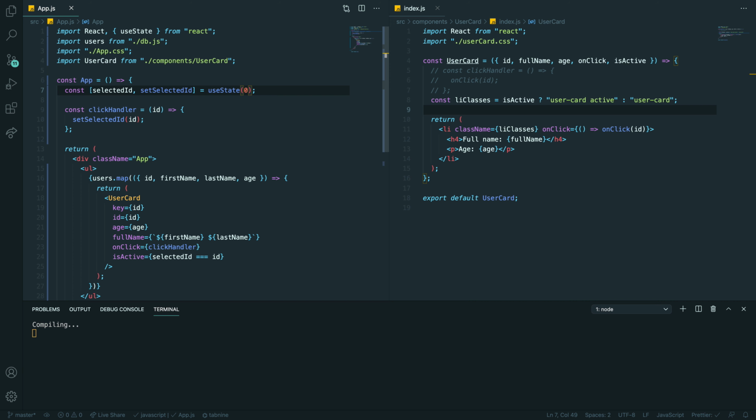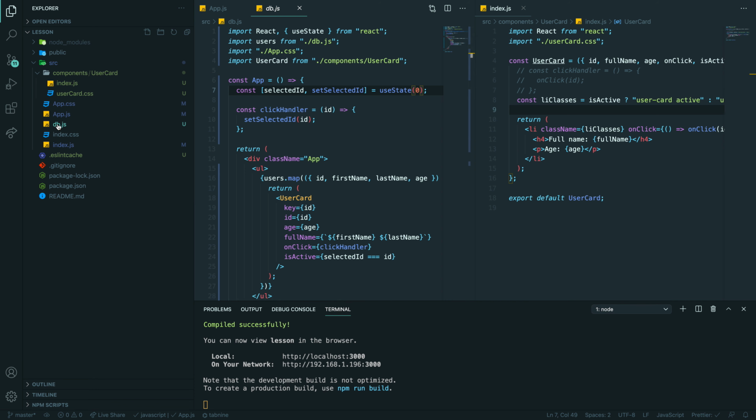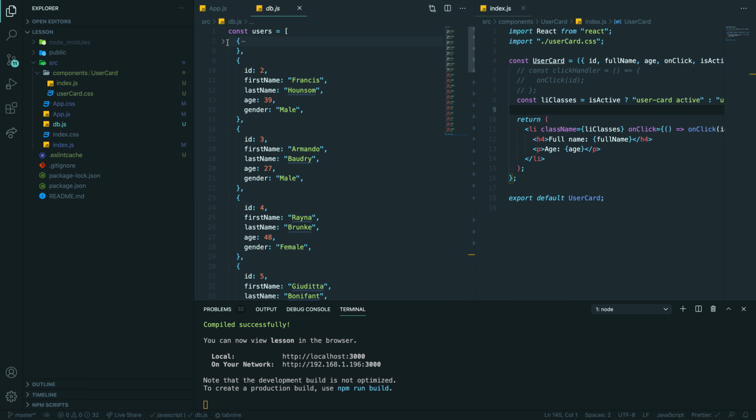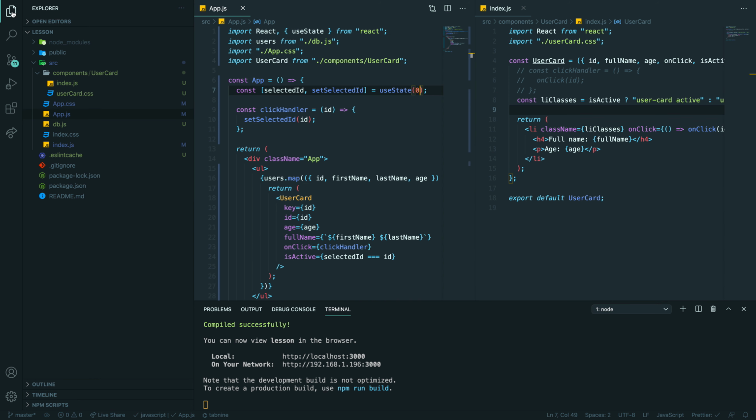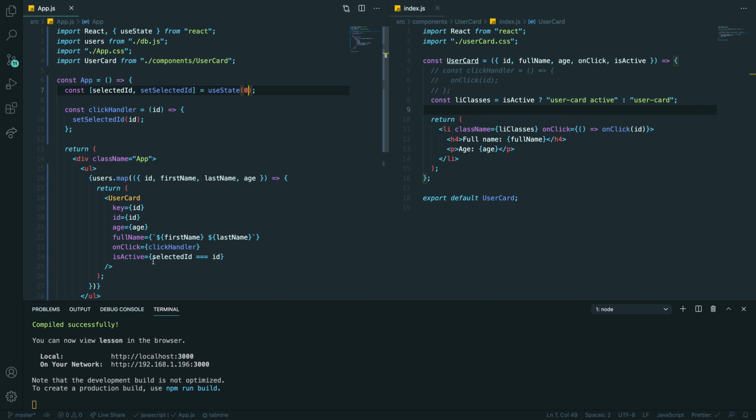So if you have 0, I think we don't select any, because in our database we don't have 0 at all. We're starting from 1, yeah. So even better. So now we are here, right? If I click, it's blue, right? If I click on the next one, you're selecting actually stuff. Because you have built in your CSS that when it's active, it's becoming blue. Yeah, and we are deciding if it's active based on the selected ID which we have here, right?